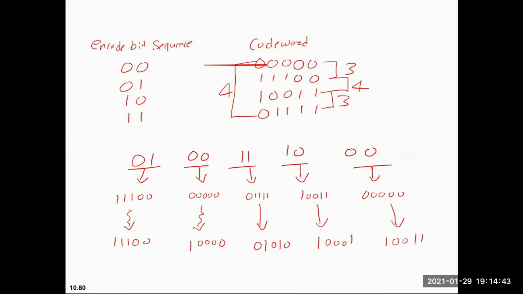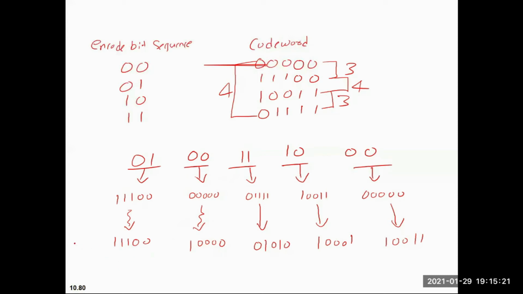Since we are extending our bit sequence with a code word from 2 to 5 bits, we are extending by 3 bits. So according to the previous formula 2T plus 1, this concludes that we can detect only one error and we can correct only one error. In this example, we have taken certain cases with no errors, with one error, and with multiple errors like 2 errors, 3 errors. So we will see what will happen in that case.